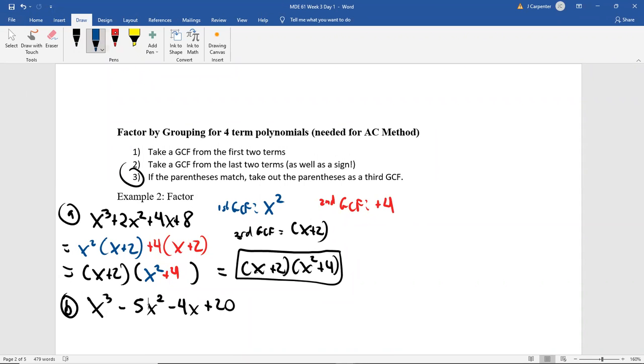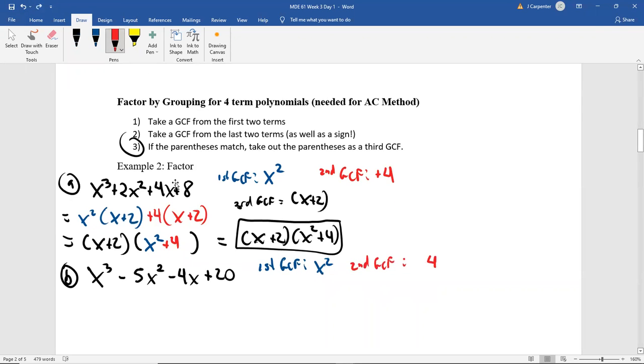So our first GCF, there's 4 terms here. Between x cubed and x squared, it's going to be x squared again. Our second GCF, the GCF for the last 2 terms, between 4 and 20, it's going to be a 4. Now, I'm going to hold off on writing the sign, the plus or a minus. I'm going to write a sign here in a little bit, but I'm going to hold off for just a